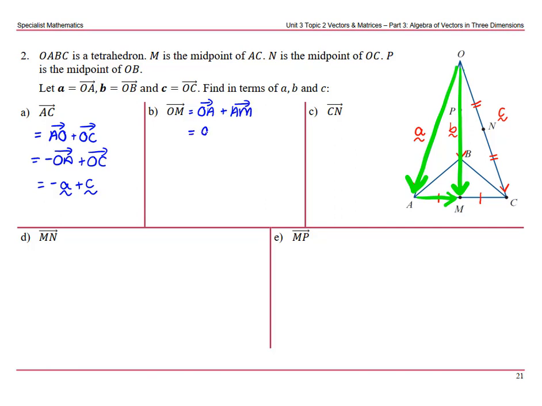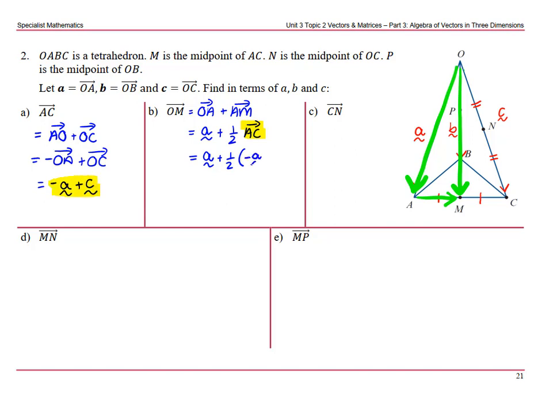Now OA is A, and AM is a half of AC because M was the midpoint of AC. So that becomes A plus a half of, we found AC in part A,